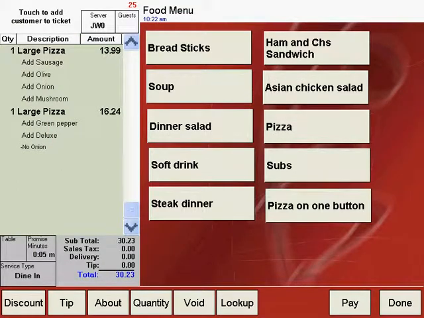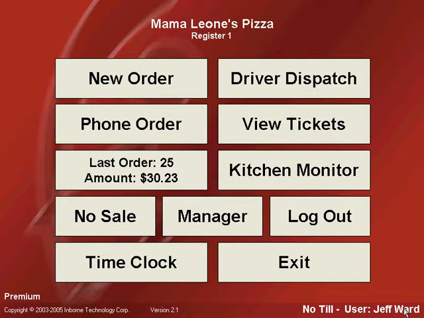Now you'll notice on the customer order, just as in our sandwich example, let's look here under large pizza, we have add green pepper and then add deluxe. The specialty pizza should be listed at the top rather than having this extra green pepper added below it. So let's exit the order entry program, and then we'll go into the Office Manager again and make that setting in the super button. We're back in the super button properties window,